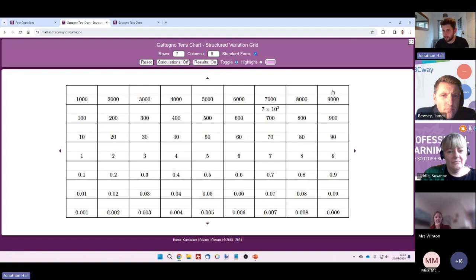Well, sir, I reckon that one's going to be 9, but then I've timesed it by 10 one, two, three times. So I reckon it's going to be 9 times 10 to the power 3. So that was my way into introducing something called standard form, which is quite a big topic when you get to secondary. But it's all grounded in the idea of the Gattegno chart,